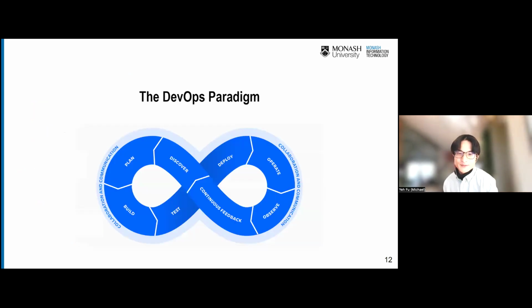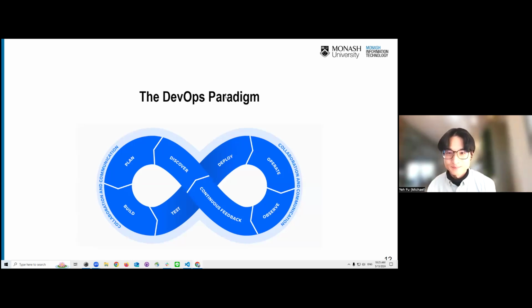So before we talk about the DevOps paradigm, do we have any questions about machine learning, deep learning, AI, large language models? I'll just wait for a few seconds. If no, then I'll keep talking.